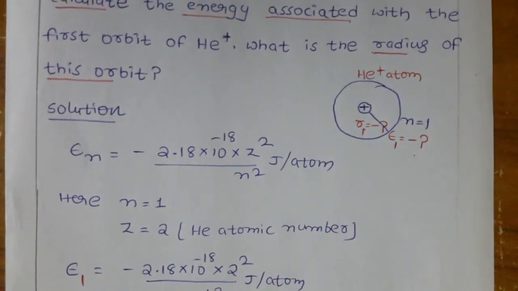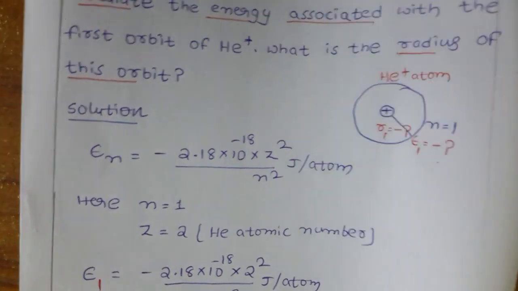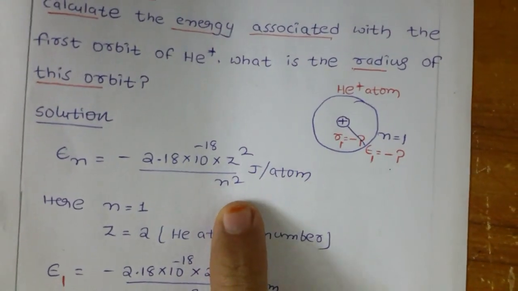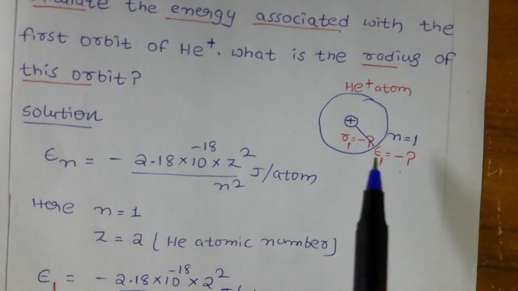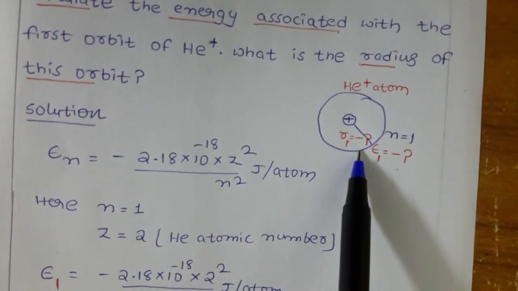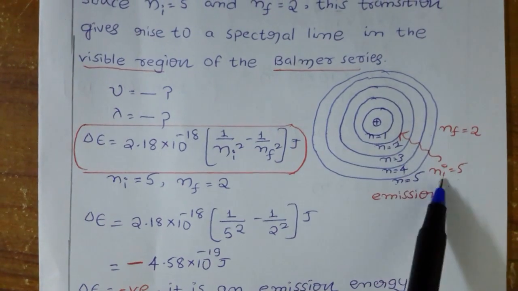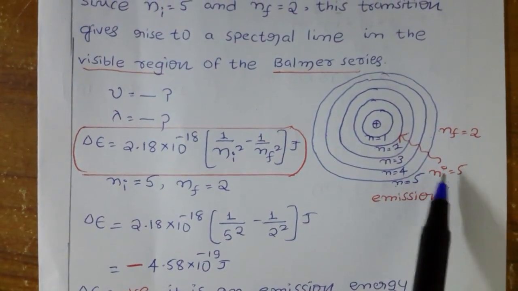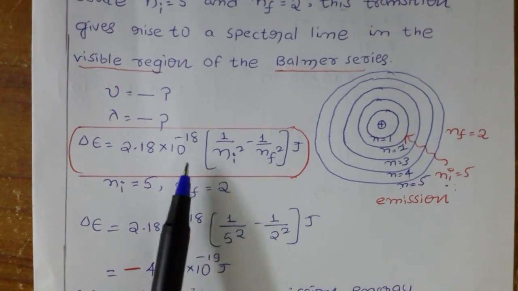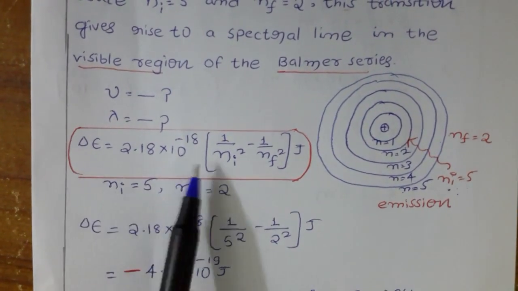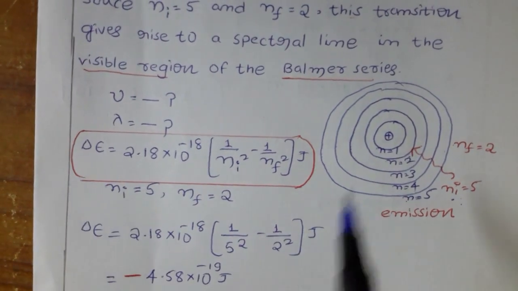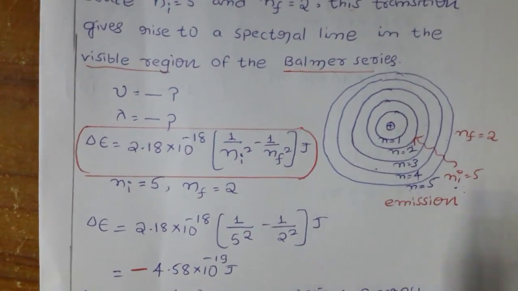Be careful, here we have two equations for the energy, isn't it? This expression is for the calculation of the energy of a particular orbit. Now come to our previous problem. What formula did we have? Here, the difference in energy. If electronic transitions are given, meaning the electron is moving from an upper orbit to a lower orbit, you have to use the energy difference calculation. You have to use this formula. Now, if I want to calculate the energy of only a particular orbit, you have to use this formula.